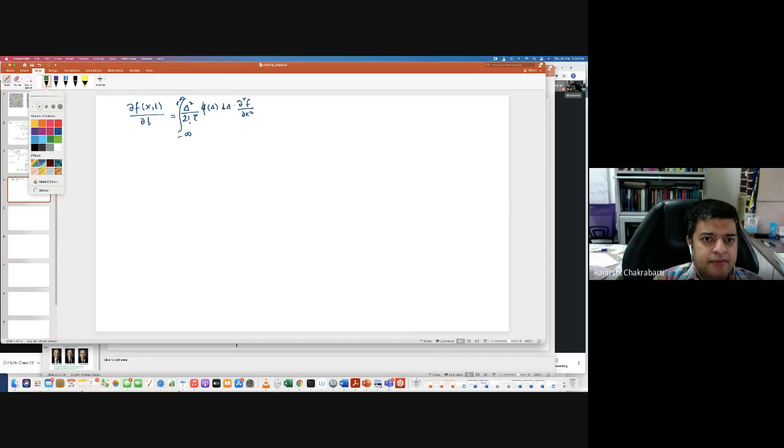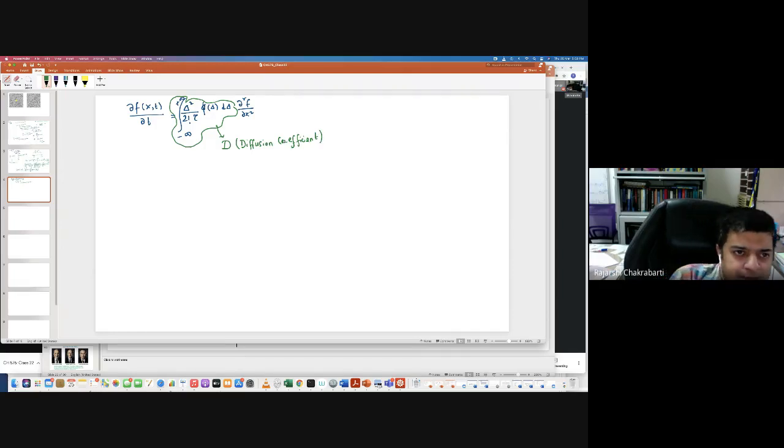And I can see this is an integral. Essentially, you have to calculate this integral, divided by 1 by 2 tau, isn't it? So this I'm calling d, and I'm calling it the diffusion coefficient. Okay. So what I have now,